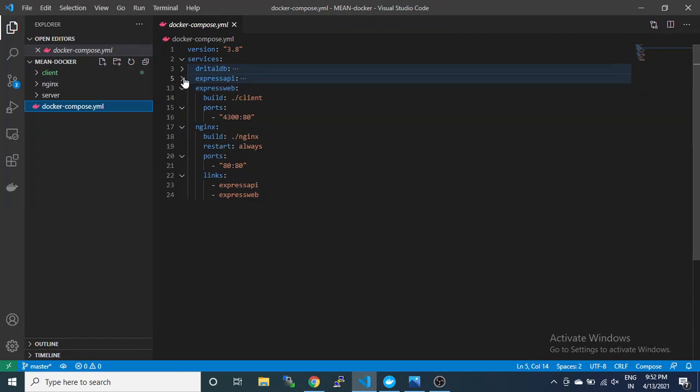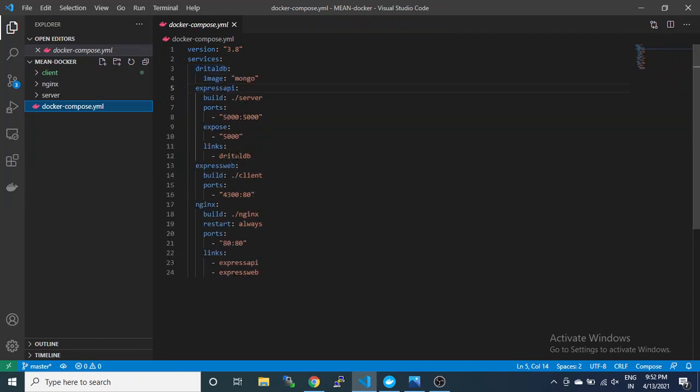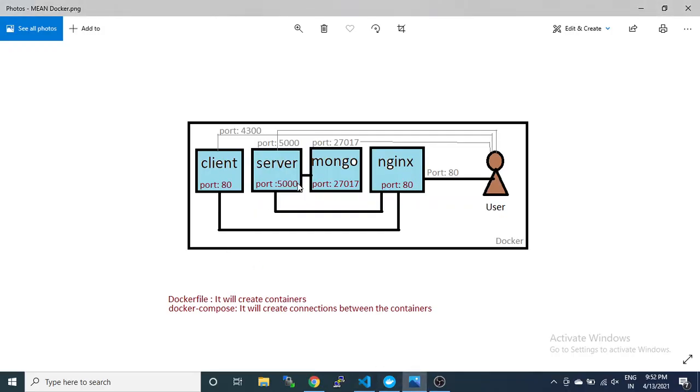Okay, so we have mentioned the dependencies with links. There are three links. In the image you can see there is one link, two links and three links.